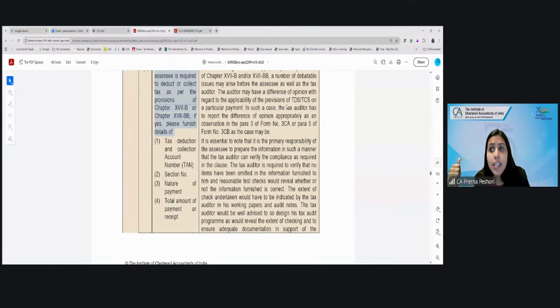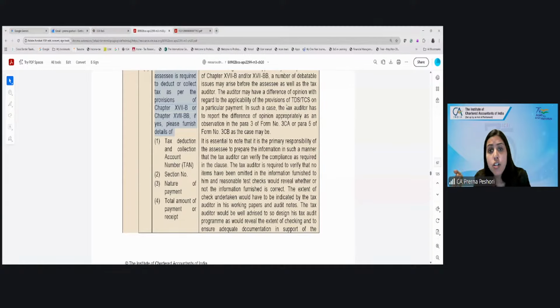Then you have to check with the TDS returns. What is the TDS rate which is applied, under which section the TDS has been deducted? In case the payment is made to a non-resident, whether the TDS is as per the DTAA or as per the Act. Because here you need to mention the total amount which has been paid. And if there is a lesser deduction than the specified rate, that also needs to be reported.